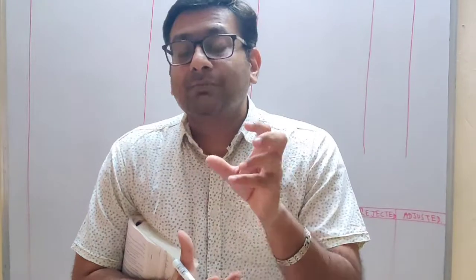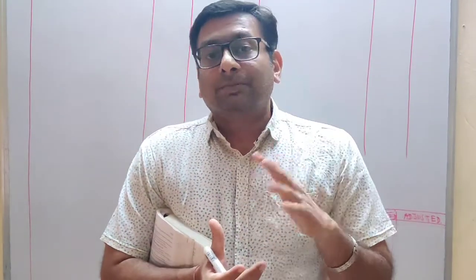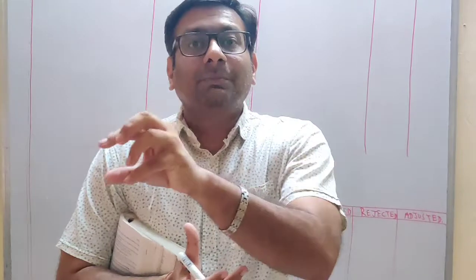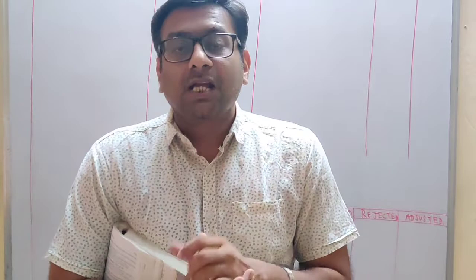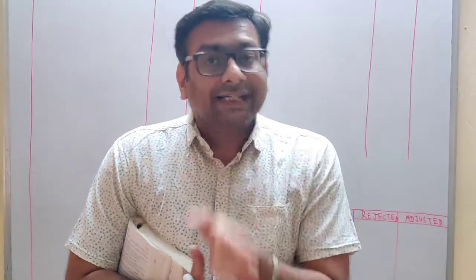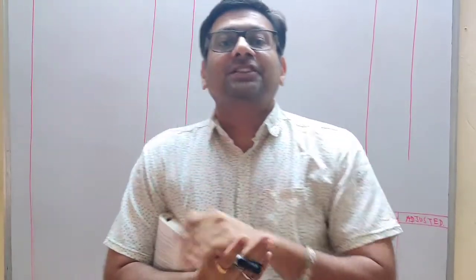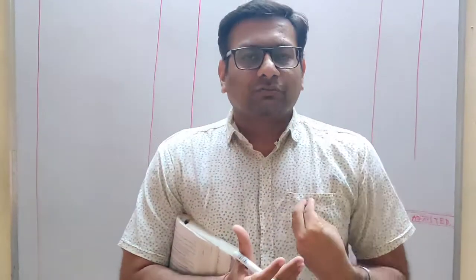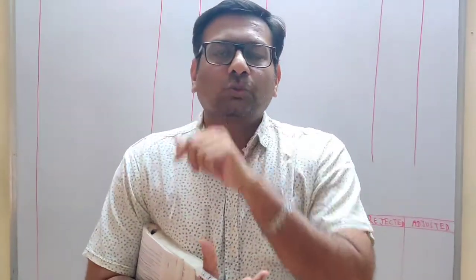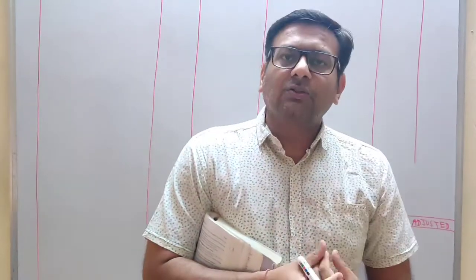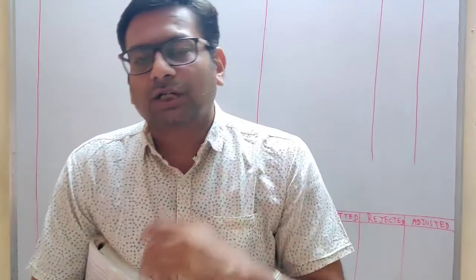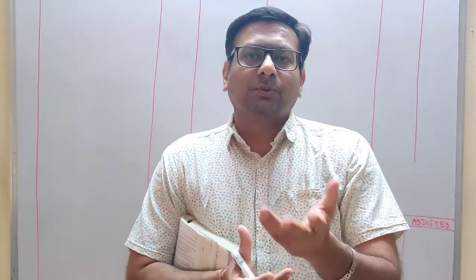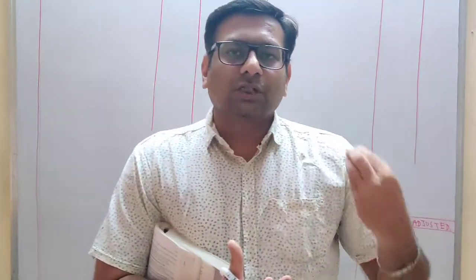So this is what you will see in most of the sums, students, that the company won't refund the excess application money. Then what is the company going to do with that excess application money? It will adjust that money against the next upcoming installment, that is allotment money. So that shareholder was complaining to the company that I applied for 5,000 shares at 2 rupees application. I gave you a cheque of 10,000, but you have allotted only 4,000 shares. So 4,000 into 2 is supposed to be 8,000. I paid you 2,000 excess.